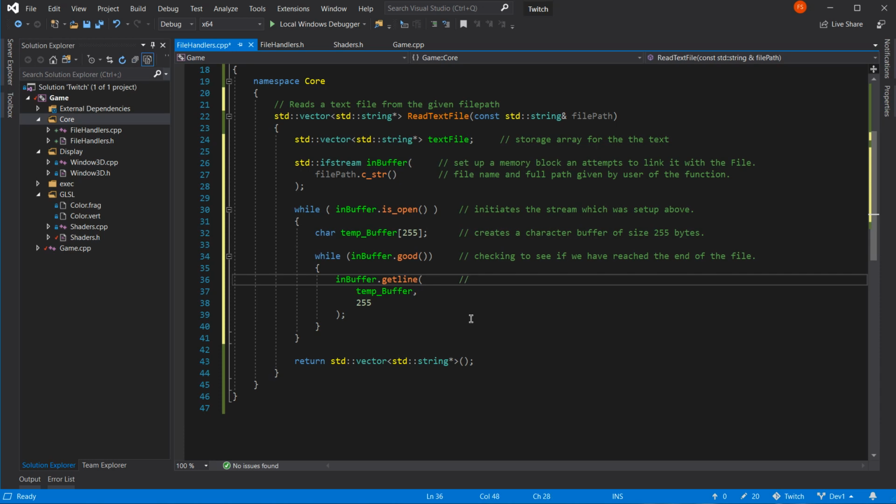First line, what does it do? It takes the next line from the in buffer. There we go. Next line does what? Well, it just gives the address, doesn't it, really?